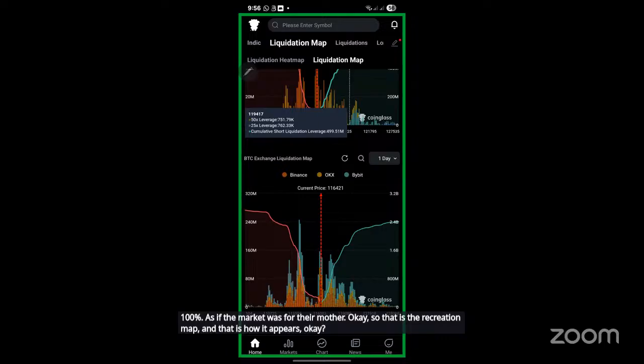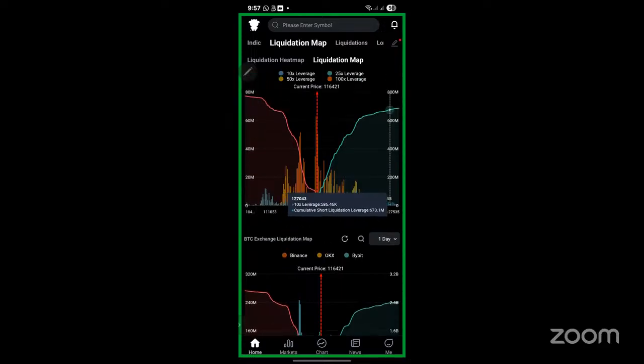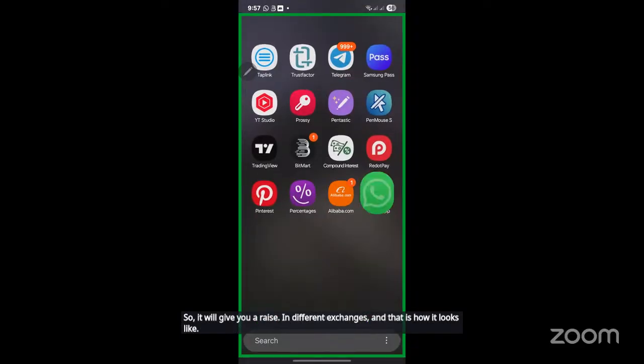It will always give you this across different exchanges, and that is how it looks. Unless you have any questions,